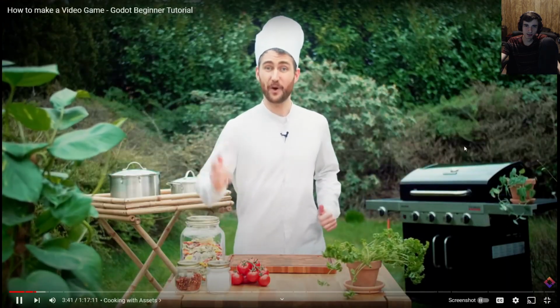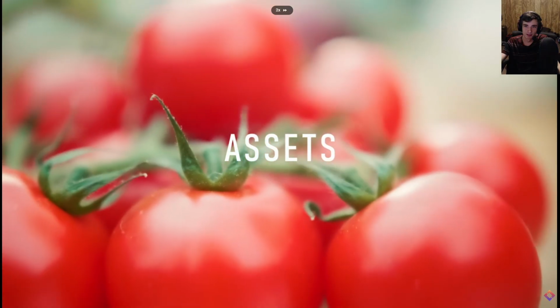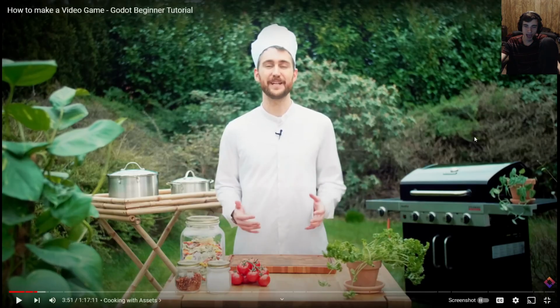Now to make our delicious game, we need ingredients. We need things like sprites, models, textures, and sounds. These are called assets, and a game engine like Godot is not so much